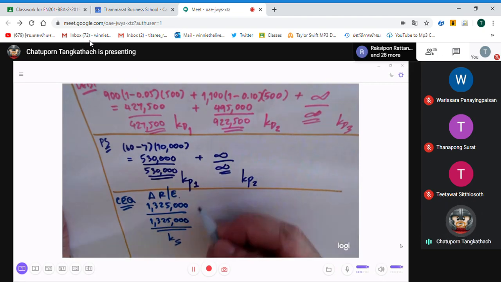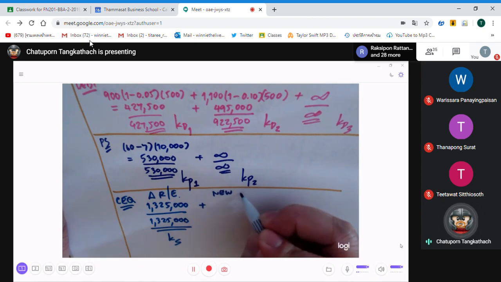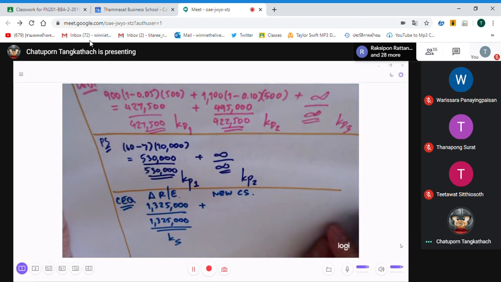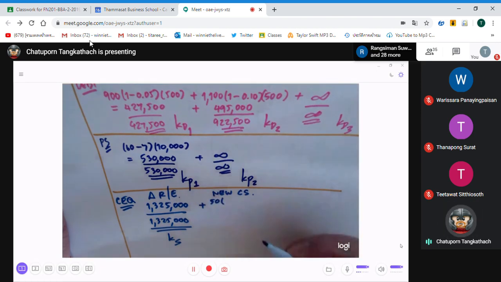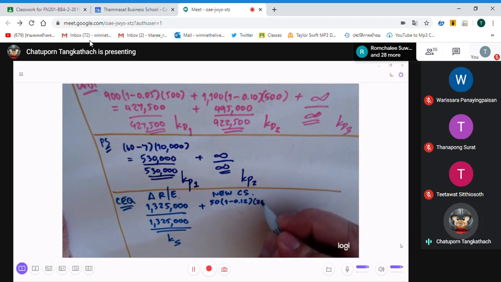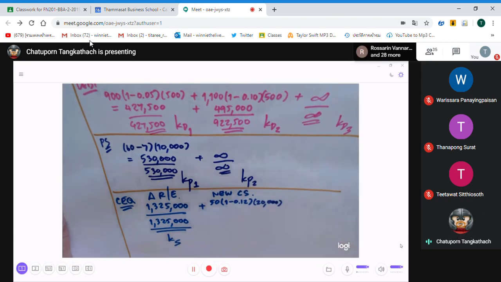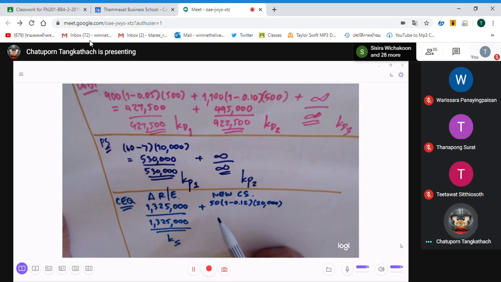Beyond that, the firm must issue new common shares. Again, when the firm issues new common shares, the data give a selling price of 50 baht, and the firm must pay a flotation cost of 12%, so 1 minus 12%. For the proceeds from here, the firm may issue only 20,000 shares before the cost or flotation cost rises. From this, 50 multiplied by 0.88, multiplied by 20,000, equals